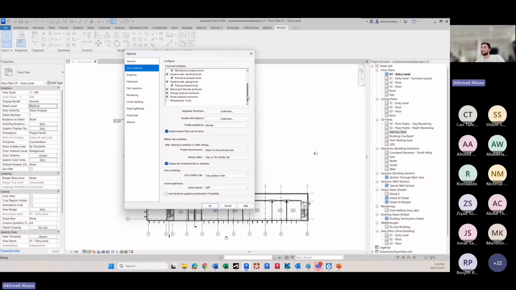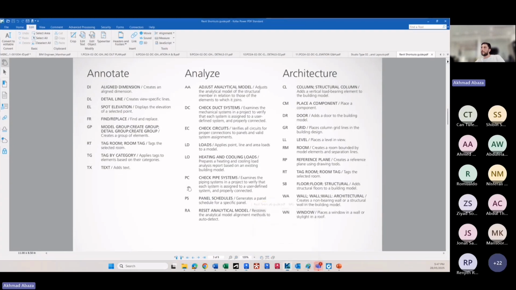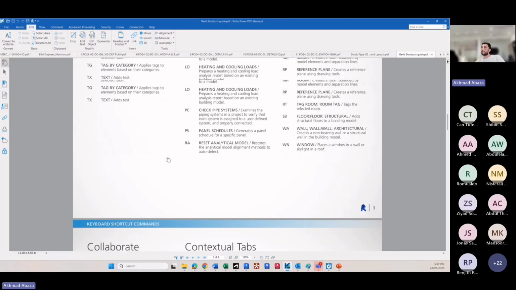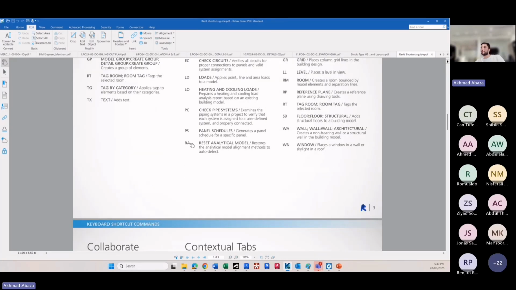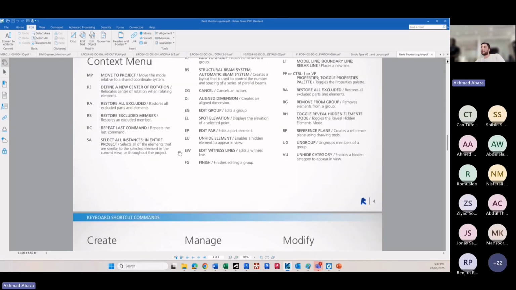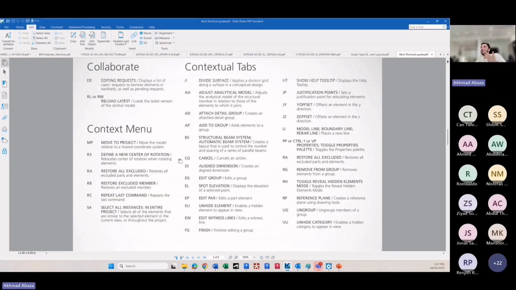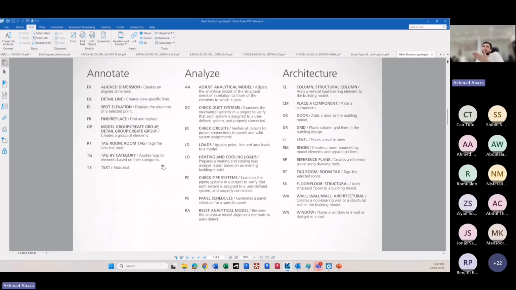As I mentioned in the email today, Revit has a shortcuts guide for all the elements. This file is shared with everyone. Once we start practicing the modeling tools, we can save the shortcuts for the objects that we are modeling frequently, and we don't have to save all of them, like DI align dimension, DL. No, we will not do it like this. But the commonly used commands, as we call them in AutoCAD,